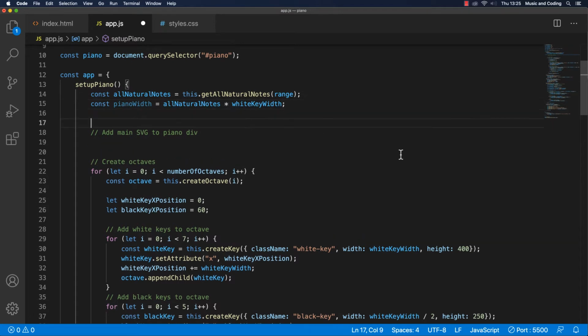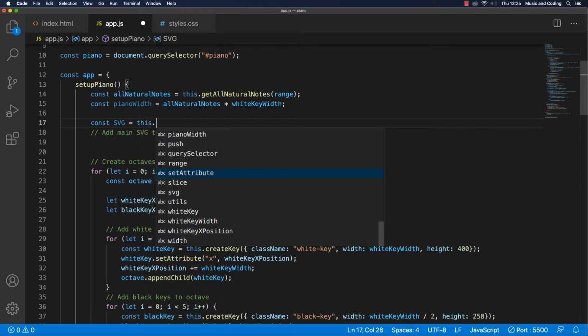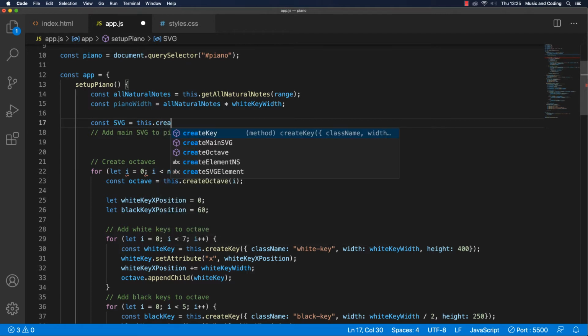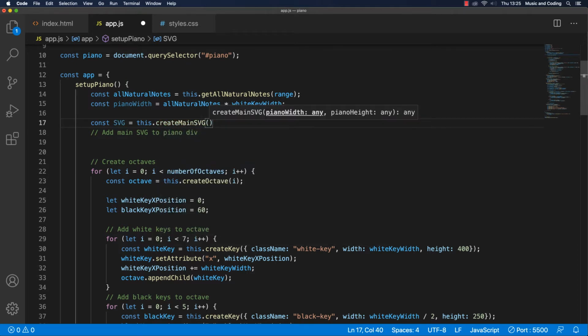we want to get the main SVG. So we're going to create that. And the way to do that, we are just going to say, hey, create this one. Let's call it SVG. It's on the same object, so we can create main SVG like this. And then we want to pass in the piano width